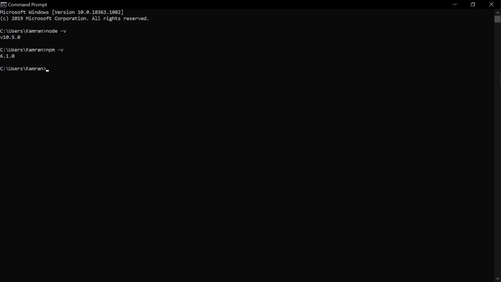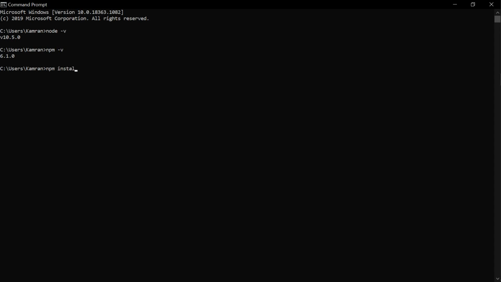So we will be using another NPM package which will help us to set up a basic React application. The package which we are going to use is create-react-app. Basically what this package does is set up a basic React application with which you can get started on React.js development. To install any NPM package, all you have to do is write npm i